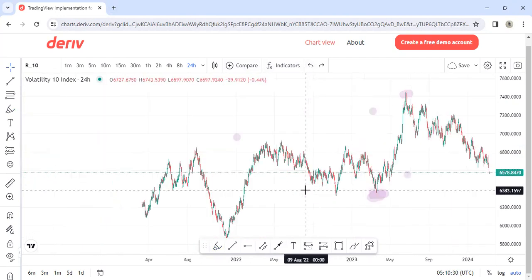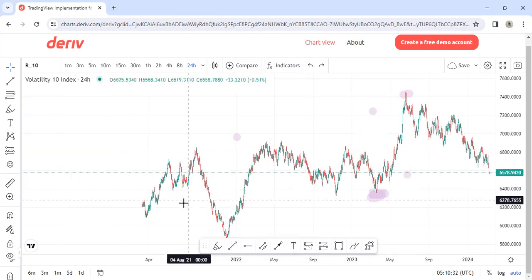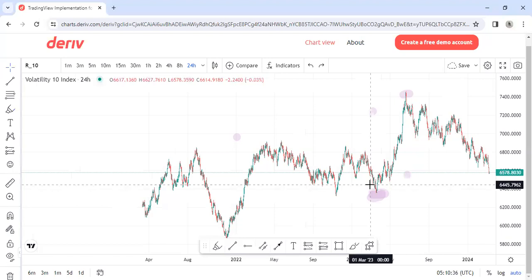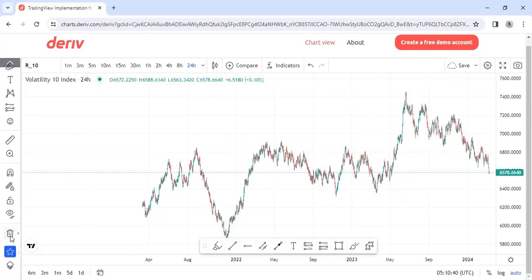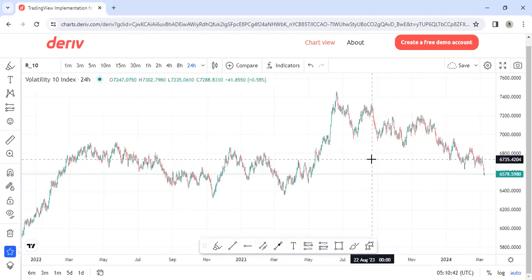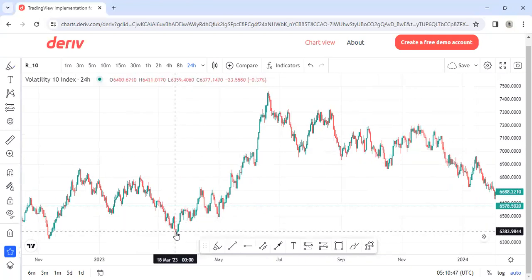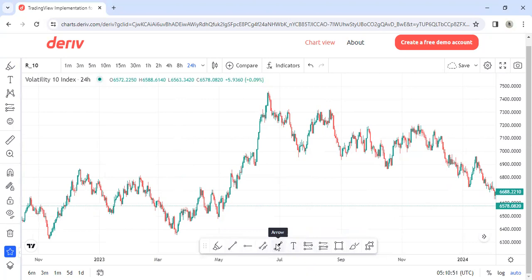Now, look at the daily chart of VIX10. You can clearly see this is 2021. I can see that this market was a bit uptrending. From this point, let us look at the current market structure. From somewhere around there, let me just highlight that. From somewhere around here